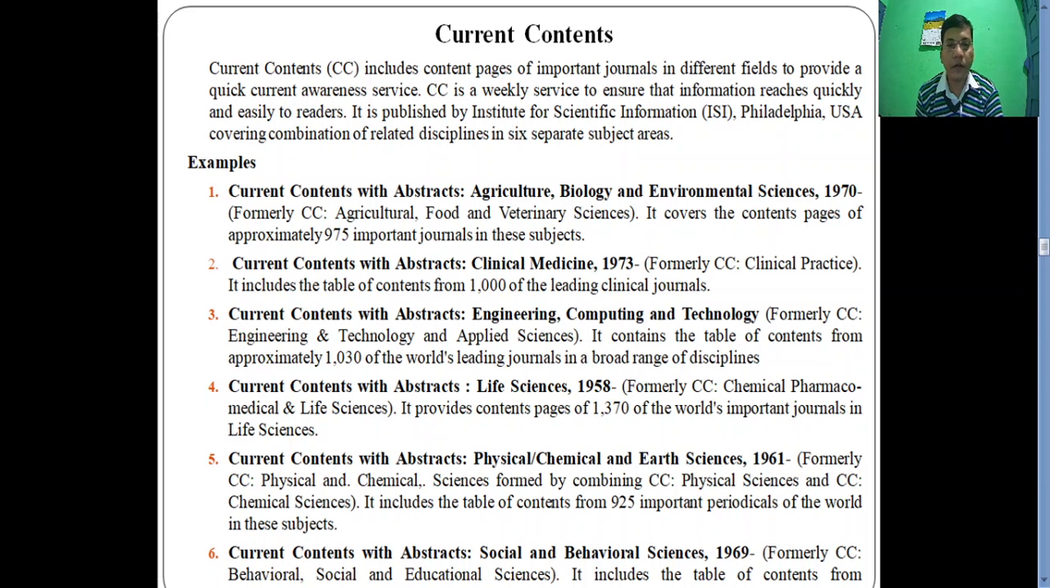Now another kind of index, also one kind of indexing service, is called Current Contents. Current Contents includes content pages of important journals in different fields to provide a quick current awareness service. CC is a weekly service to ensure that information reaches readers quickly and easily. It is published by Institute of Scientific Information, ISI, Philadelphia, USA, covering a combination of related disciplines in 6 separate subject